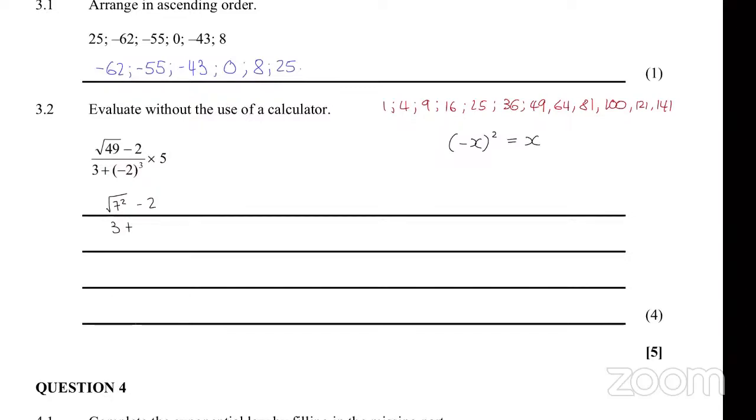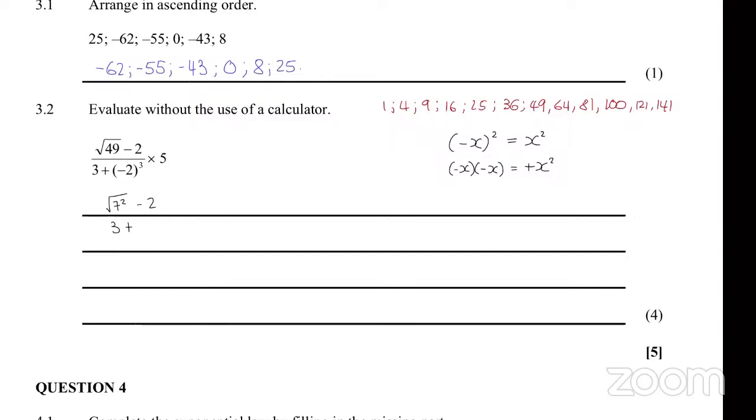When you square a negative, you're always going to get a positive because when you square something, you multiply it by itself. Negative x times negative x, a negative times a negative, gives you a positive. That's why you get positive x squared. Whenever you square anything, it's always going to be positive. However, with cubes, because you're multiplying it 3 times,